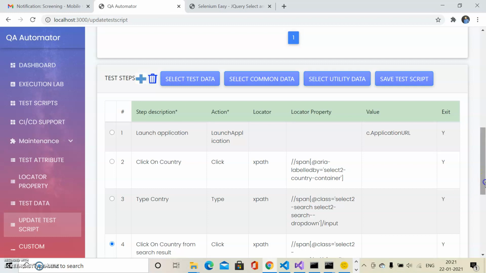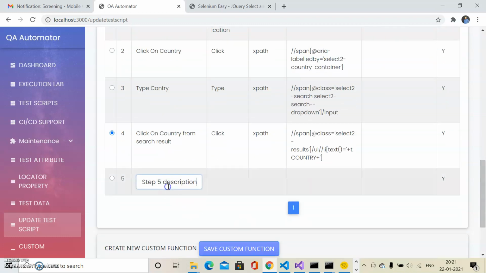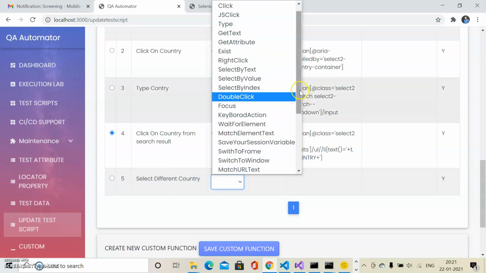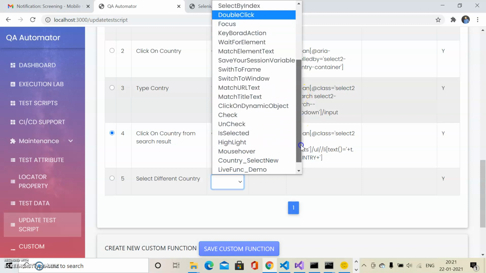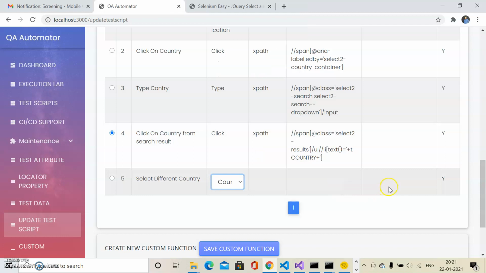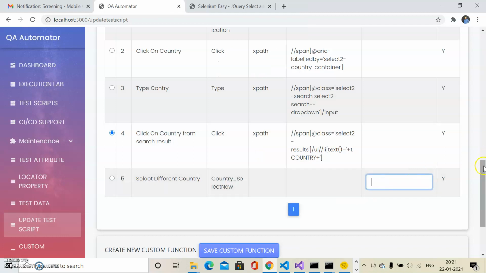So let me click on the step. When you click on the action dropdown, you will get the custom function name, which I have already created, country select new, this one, and we have to put the parameter.